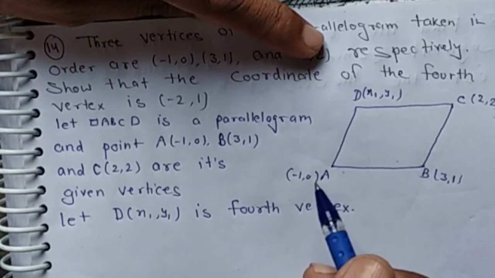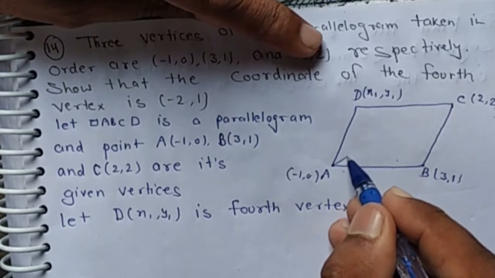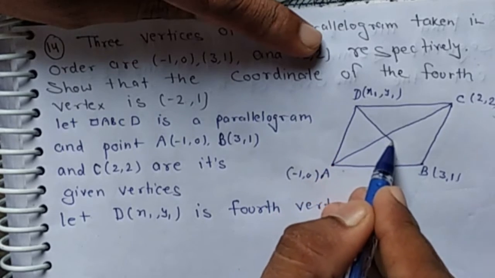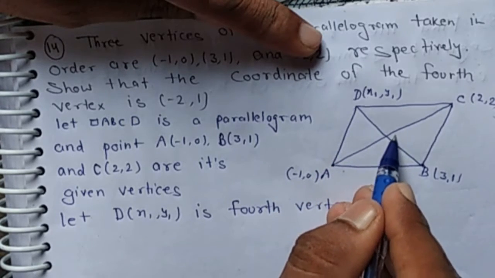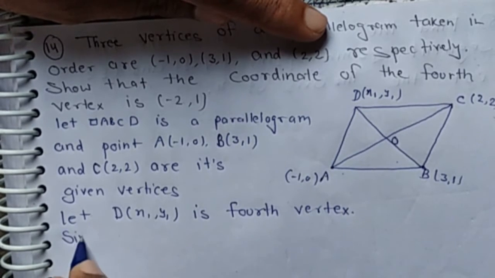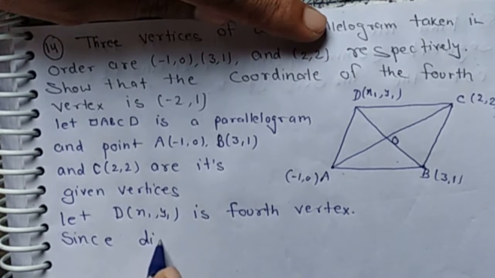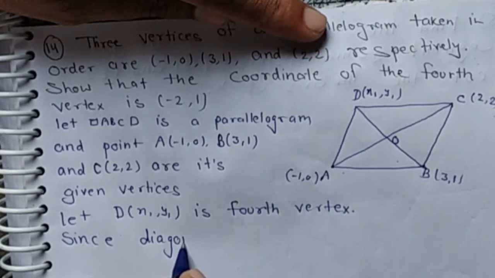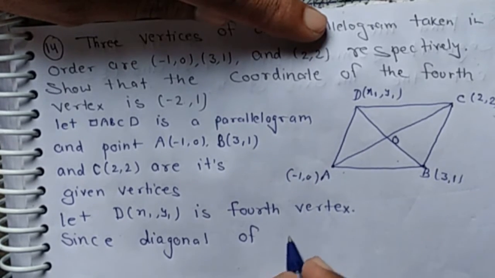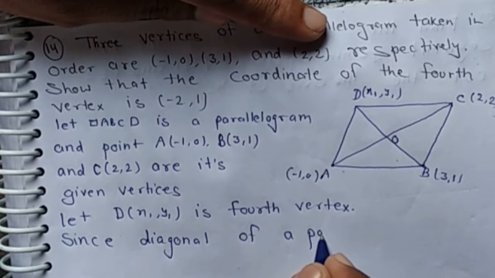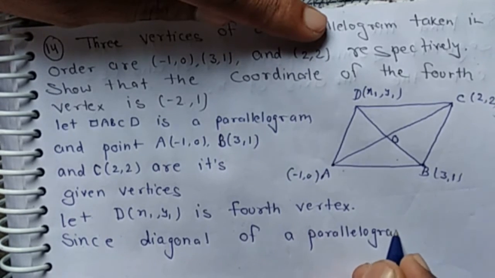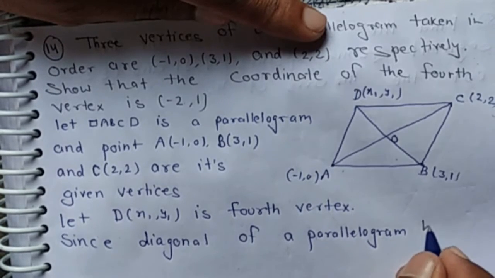Since we know that the diagonals of a parallelogram intersect each other at midpoint, bisect each other,